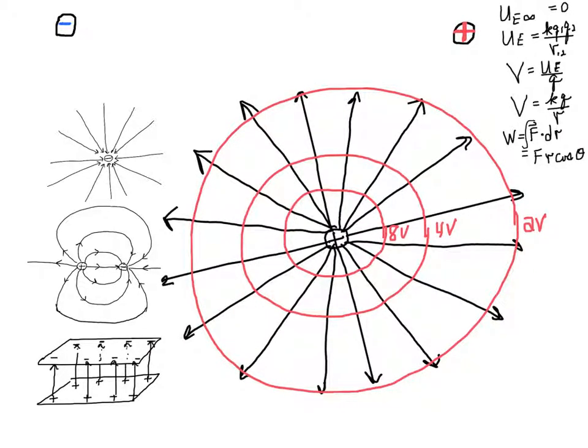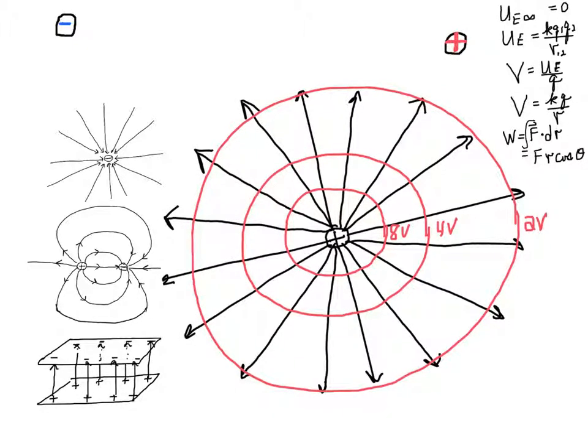So, but we're talking about potential, so we don't need a charge there, right? If I know this is 4 volts, and I bring in a 1 coulomb charge, there'll be 4 joules. If this is a 2 coulomb charge, it'll be 8 joules, because the energy,